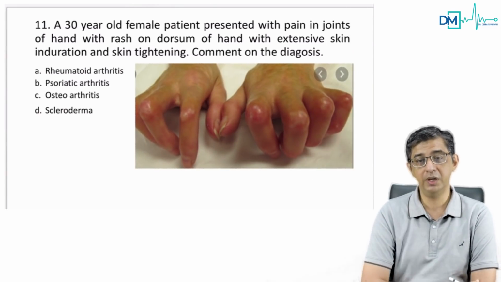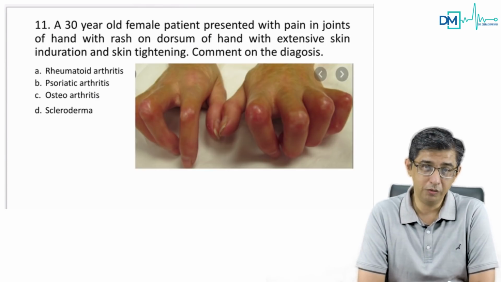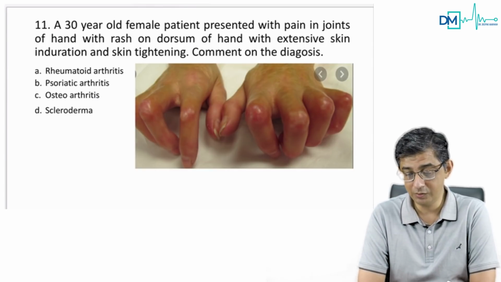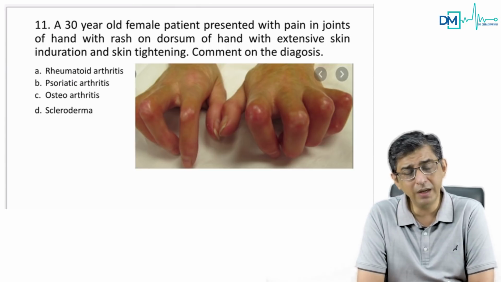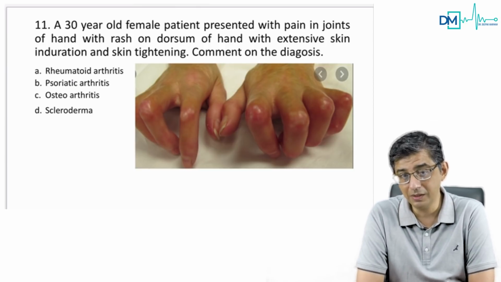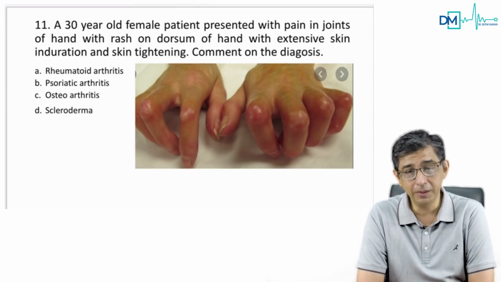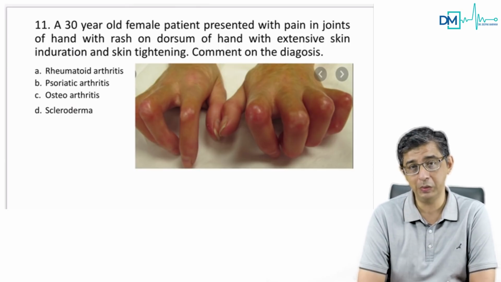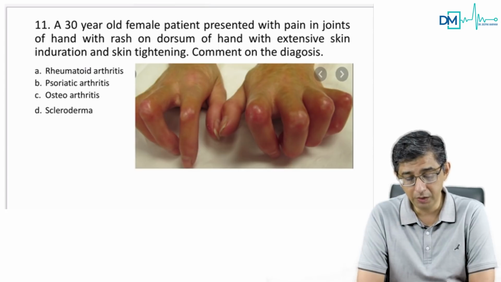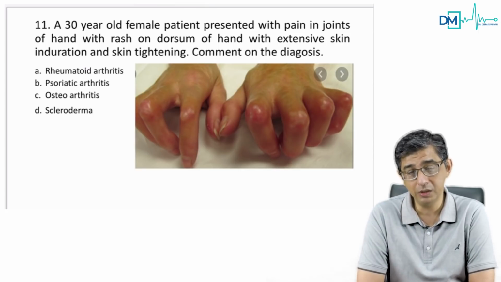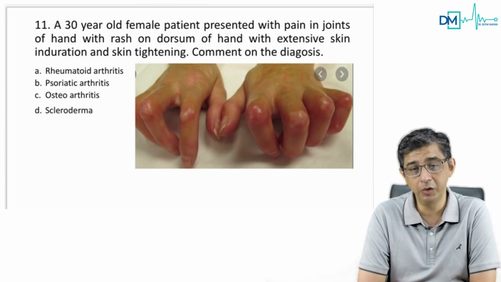Now for this question, guys, I'm gonna get a lot of queries, and I would have students saying, sir, there was no image. I agree sir, no problem, there was no image. But still there are four options. Those options are clear: rheumatoid arthritis, psoriatic, osteoarthritis, scleroderma. Your objective should be that you should know how to differentiate between them, because you could not do it in the exam. A lot of you were not able to do it.